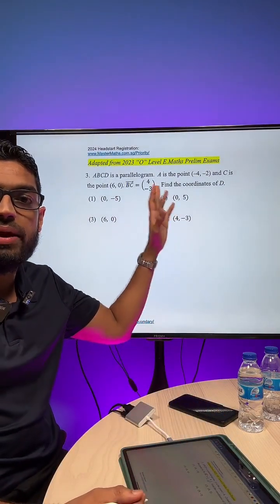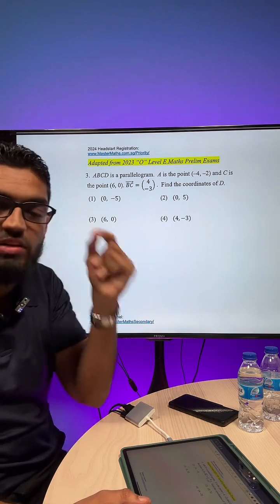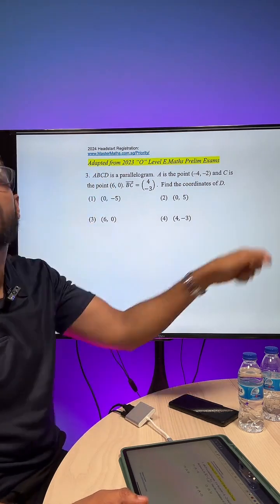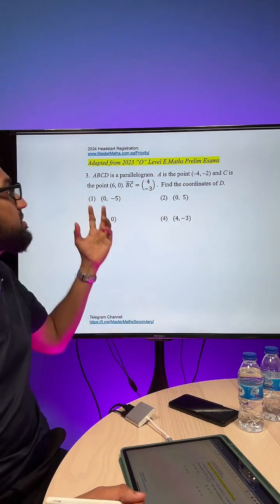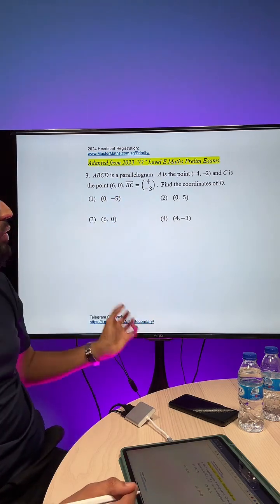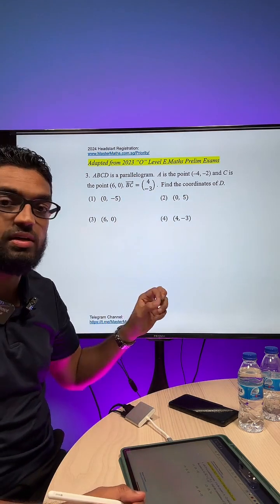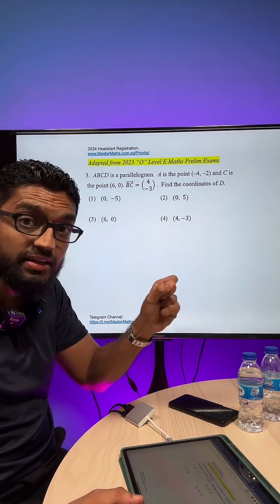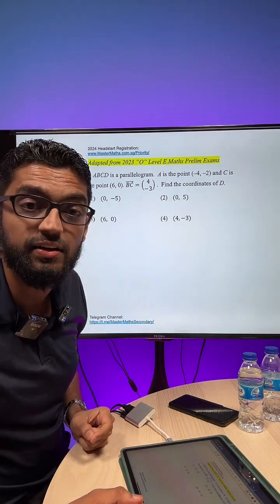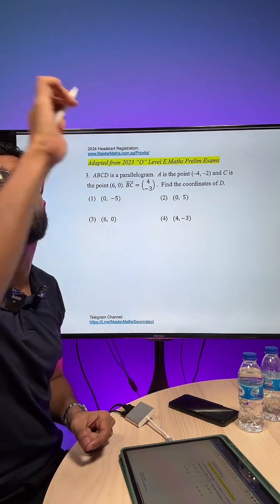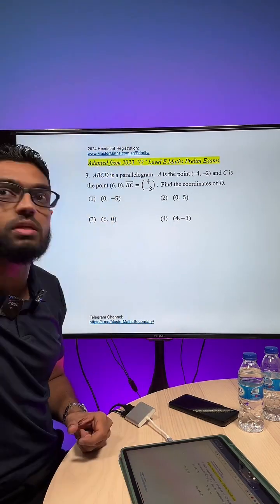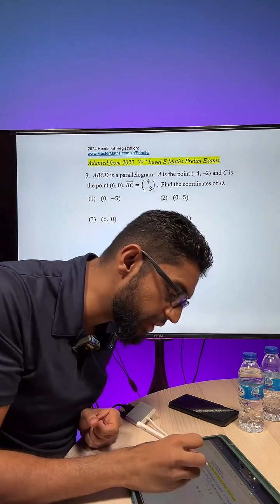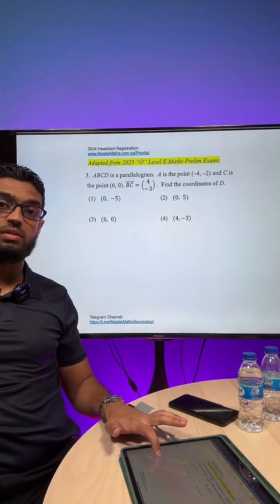Now this is a parallelogram question. It's good if you guys can draw out the parallelogram and see how the drawing is like, which side is parallel to which side. And every time when you draw a parallelogram, make sure you are drawing in a clockwise manner. The drawing has to be clockwise. A, B, C, D. This naming is pretty important because it goes clockwise.